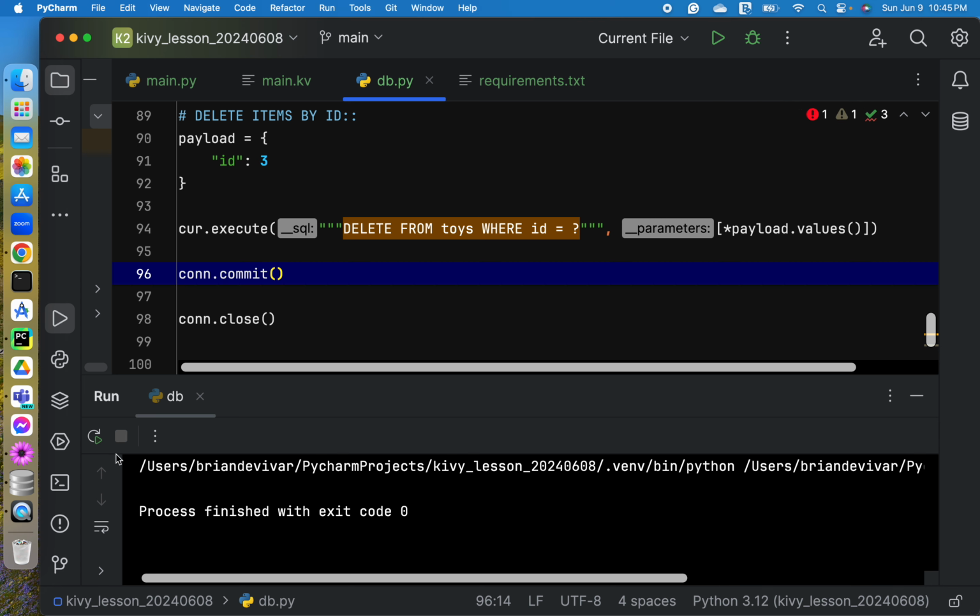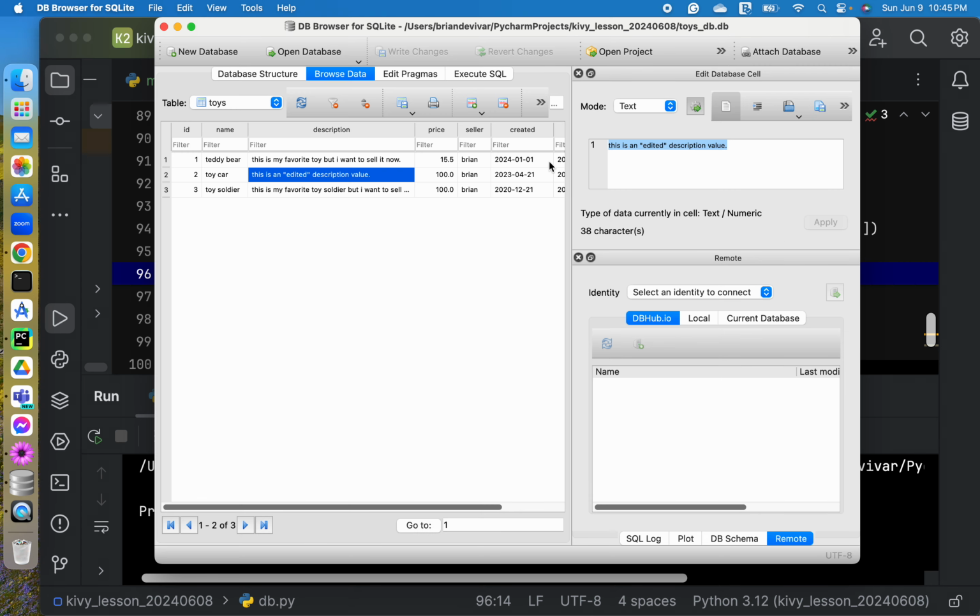Okay, so no errors. Let's go to our SQLite browser. Let's refresh, and there we have it. So record number 3 is gone. It has been successfully deleted.